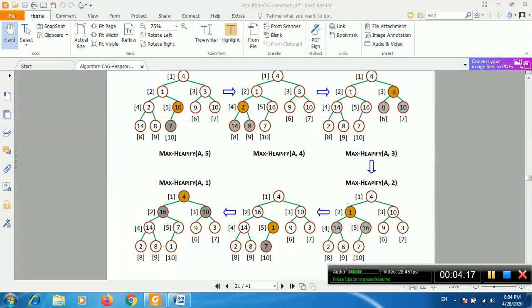In this tree, 16 is greater than 1, its left child node, so we will swap 16 with 1. So 16 is a parent node and after the swap the right child node is 1. Again this creates a problem, because the left child is greater than its parent node, so we will swap 7 with 1.